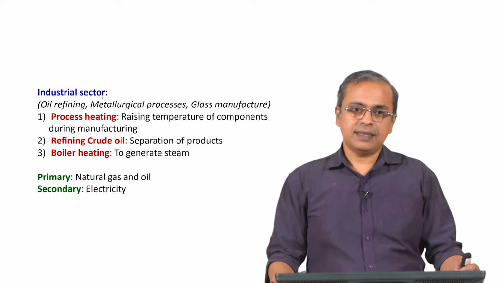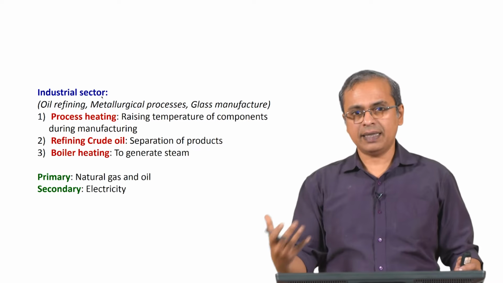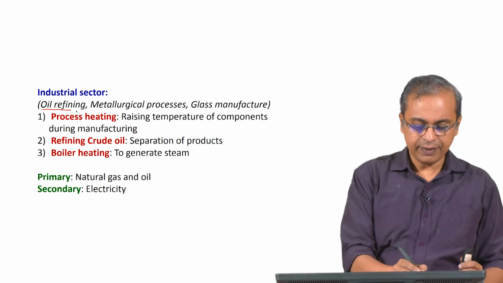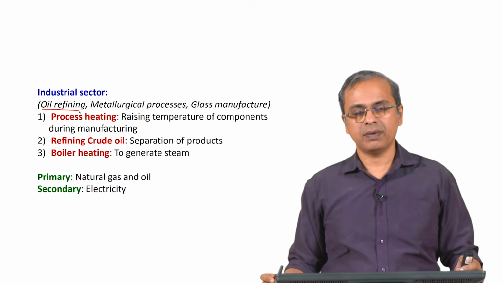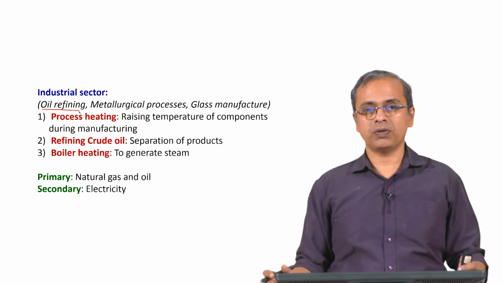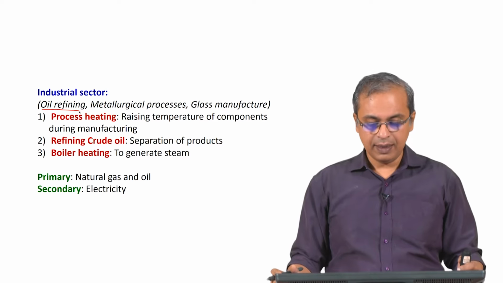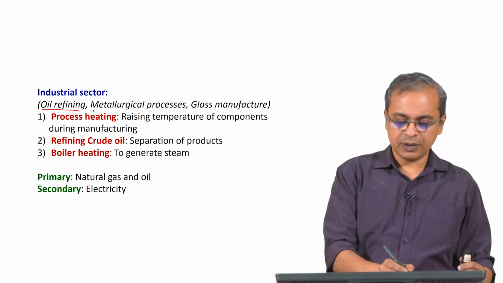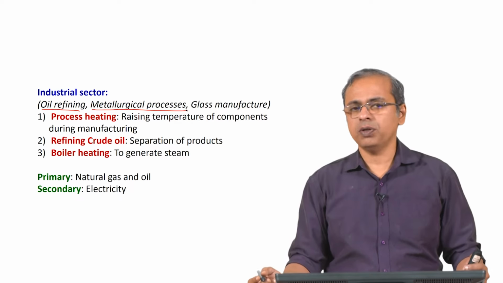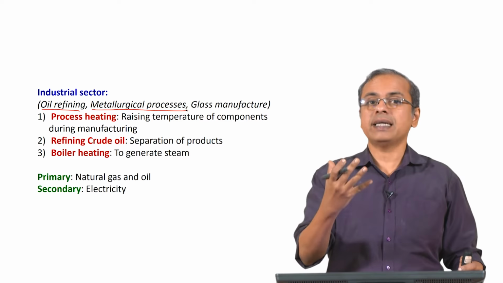If you see the industrial sector, which consumes a lot of energy, major plants that are there are associated with oil refining. So, that is one major kind of industrial plant which is consuming a lot of energy and is situated in many places around the world. Then there is a huge number of metallurgical processes. Steel making, for example. Steel plants consume a lot of energy, and similarly any other metallurgical plant where metal extraction is happening.